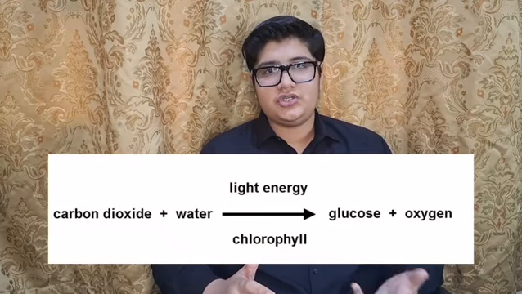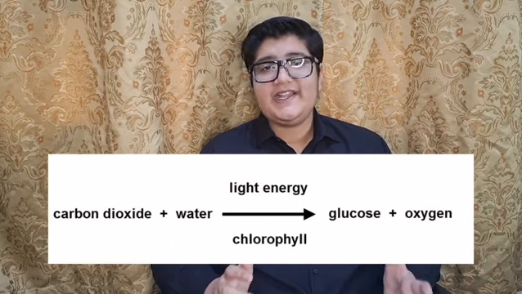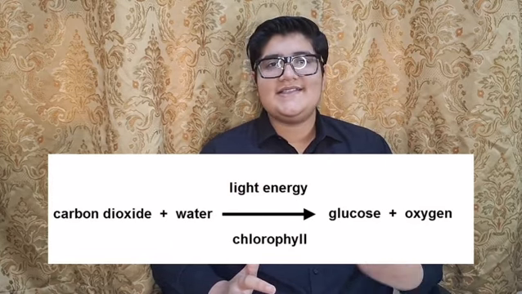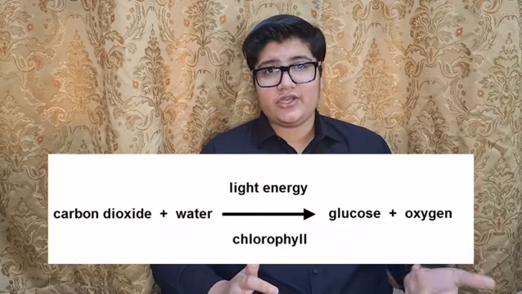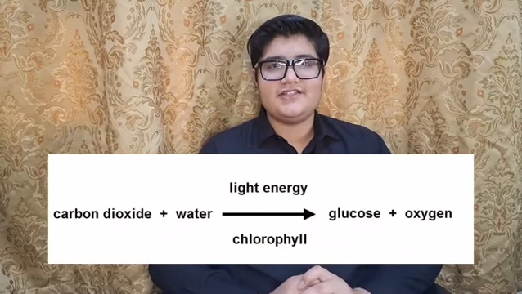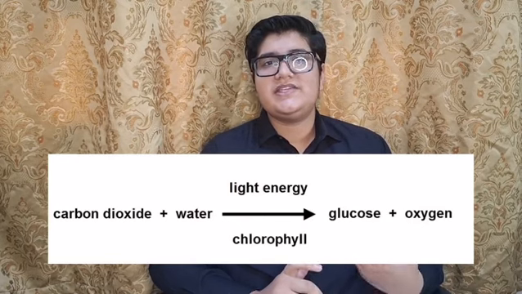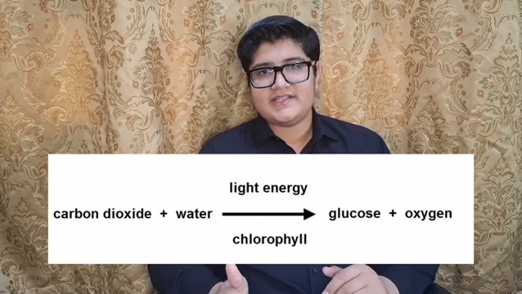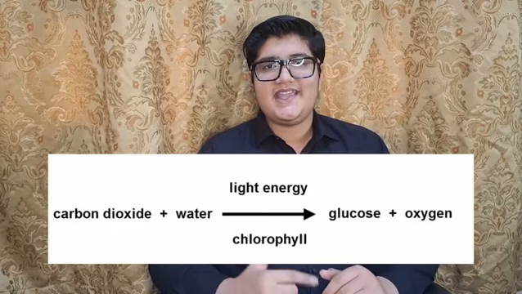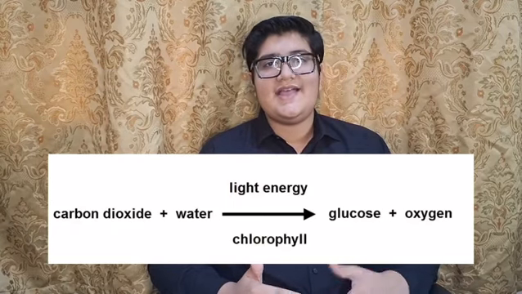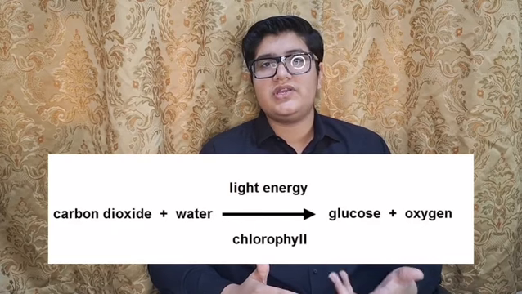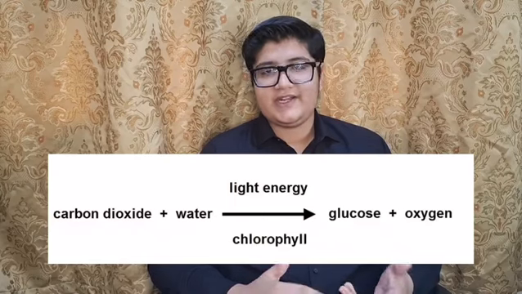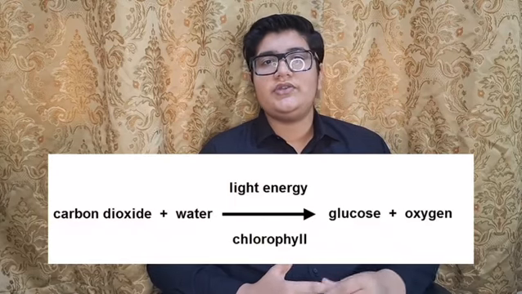Glucose is a sugar which the plants produce, but it is not stored as glucose inside the plant. It is stored as starch, which is insoluble in water. As plants have water, the sugar doesn't need to be soluble in water, so glucose is converted into starch and then stored in the plant, as starch is the main sugar storage in plants. And then oxygen is also released as a byproduct. As I told, it is released into the atmosphere.